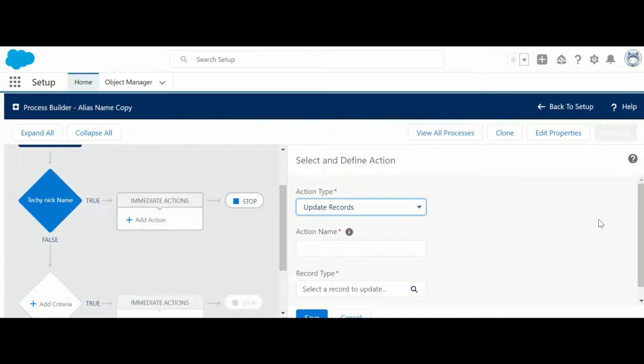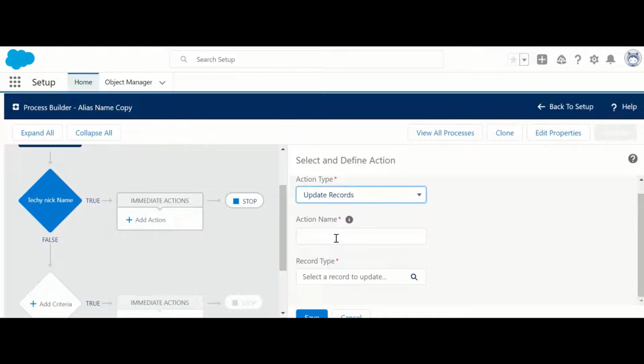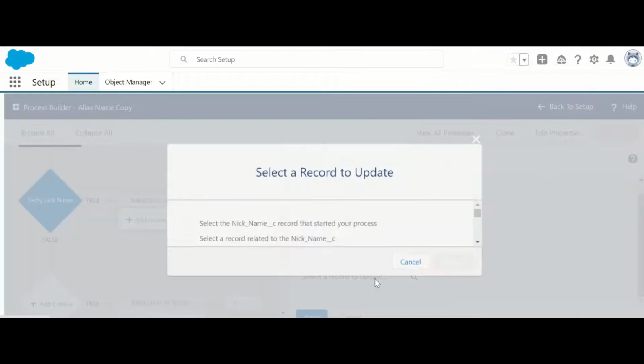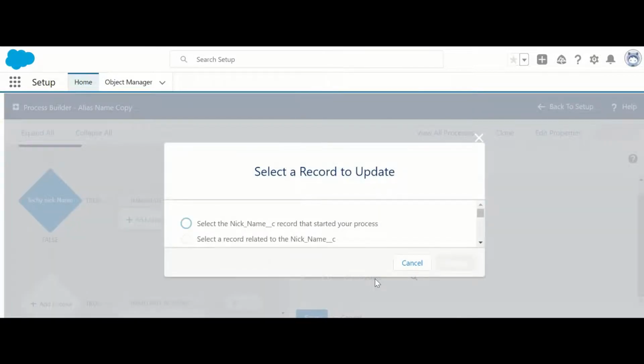So select update record, provide the action name, give it a valid name, record type. We are going to update all the nickname records of that contact. So select a record related to the nickname.